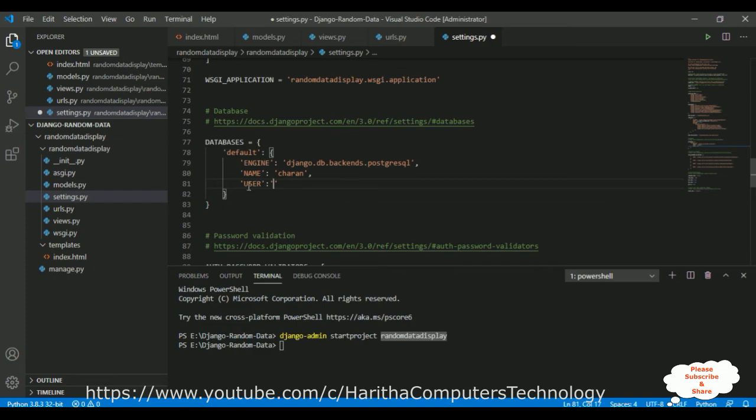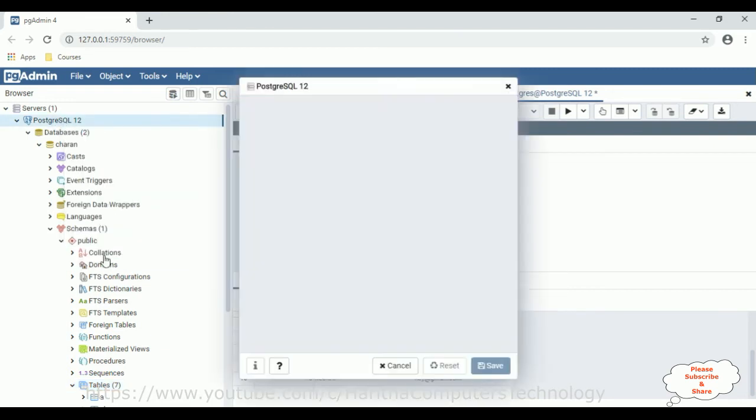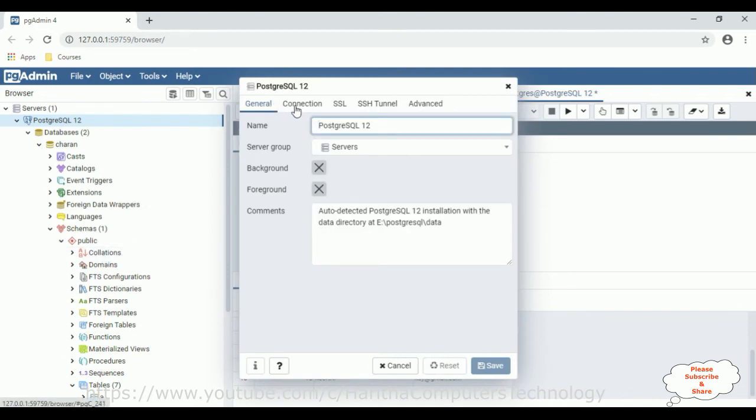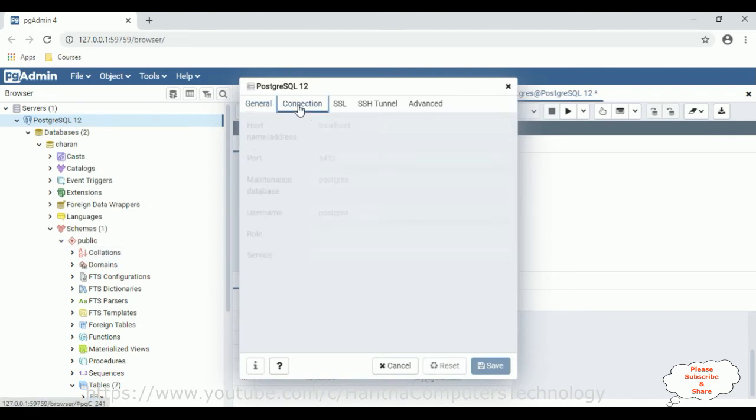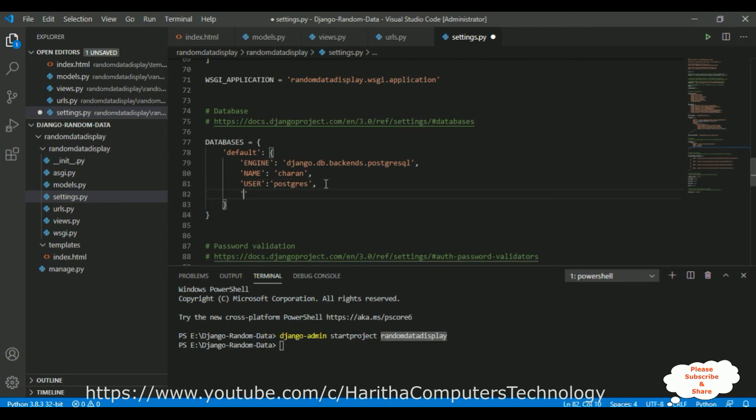To find out the username of the PostgreSQL database, go to database, select the server name PostgreSQL 12, right click the mouse, go to properties. In the properties, the second option, connections tab, click that one. Here you can find the username. Copy that one and paste here. After that, I'm adding the password, colon, password 123,